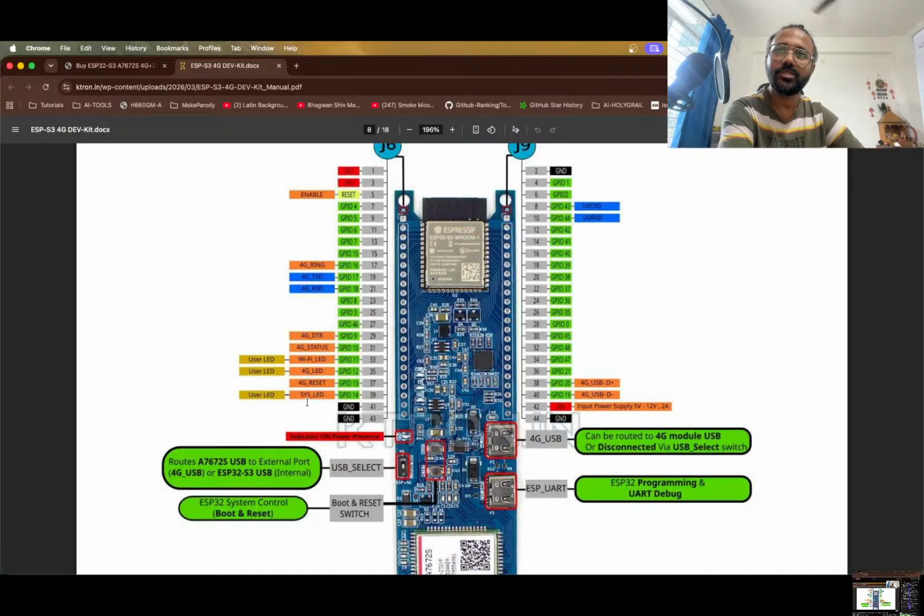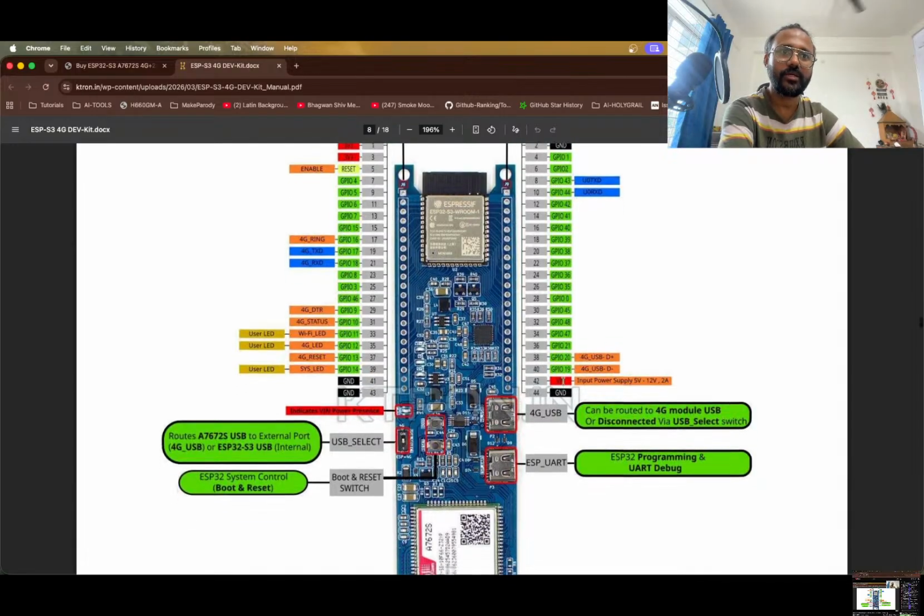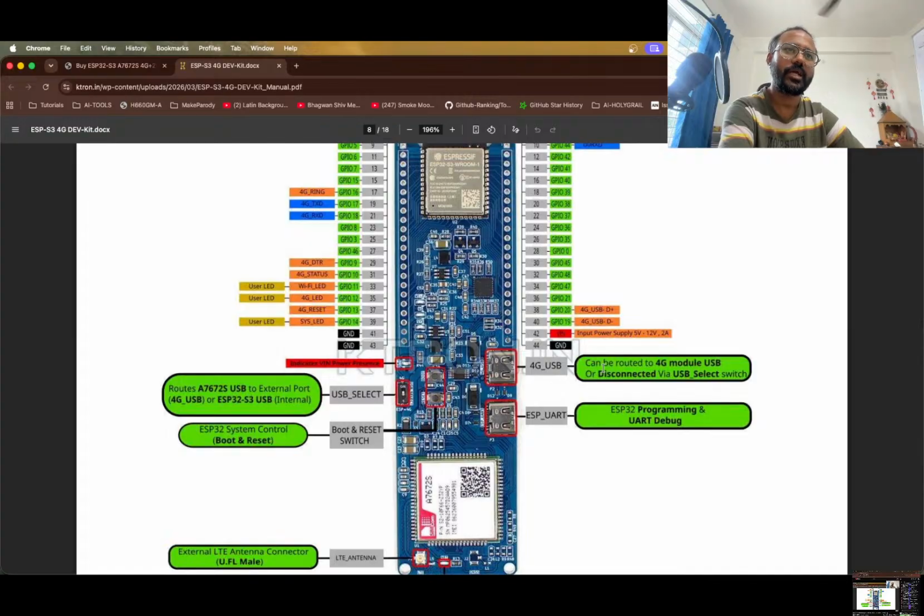So all of this 4G bus is gone. Oh, they have also suggested adding this, which makes sense. So this 4G one is also not useful for us. Okay, can be routed to 4G module USB or disconnect by USB select switch. Okay,